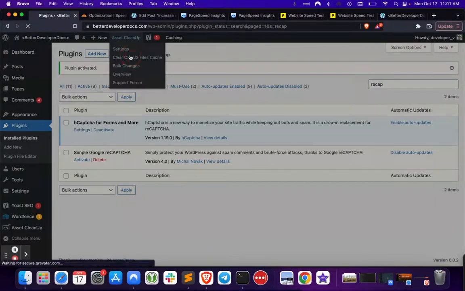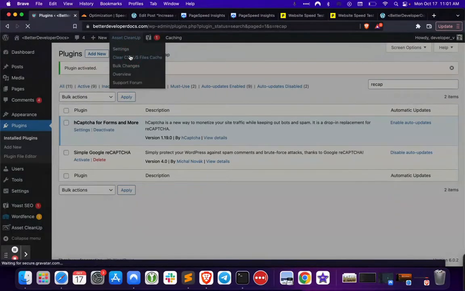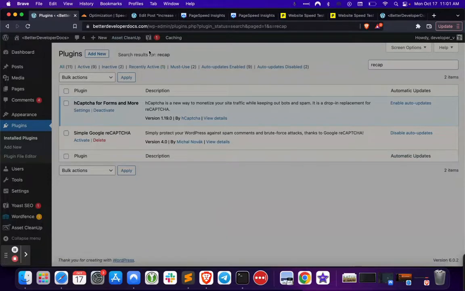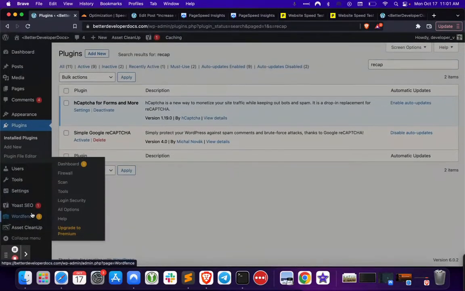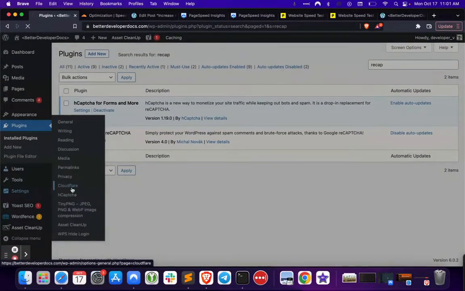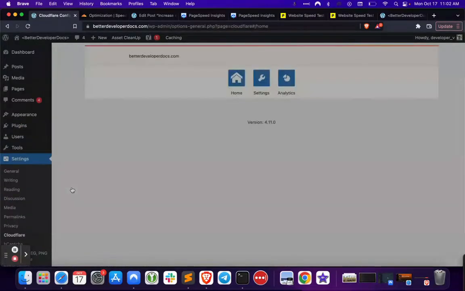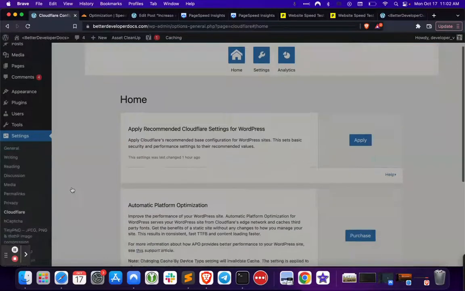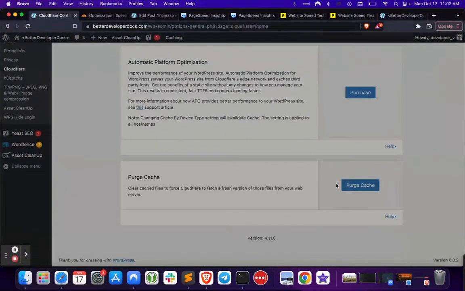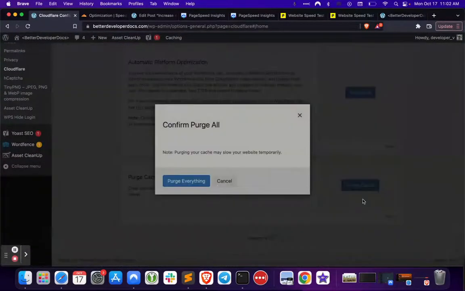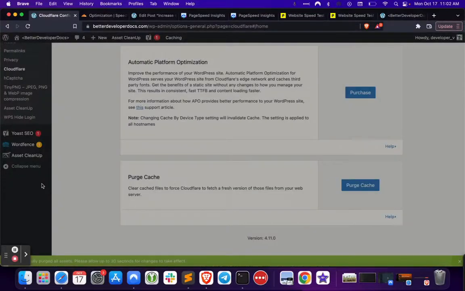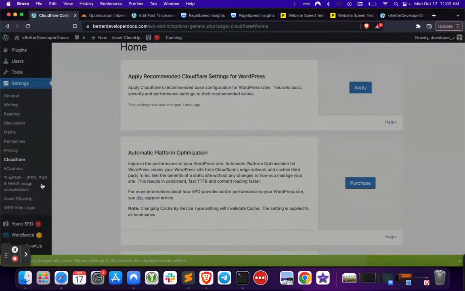And then I'm going to clear everything there in our caches. We'll clear that one as well just to make sure. Then I'm going to go to settings and purge this cache as well. And it says it's going to give me 30 seconds before the